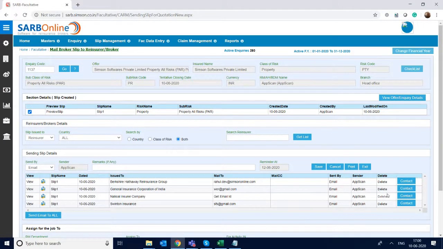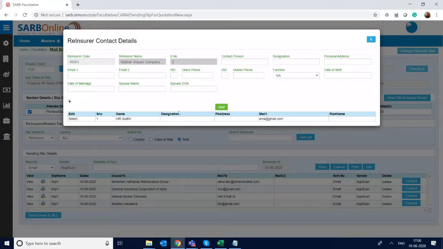Okay, so suppose for this person, I don't have this company, I don't have the contact person. I will add the contact person here. So Om Prakash.